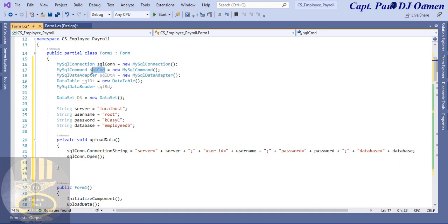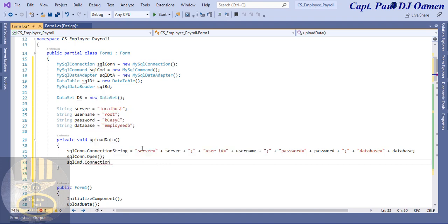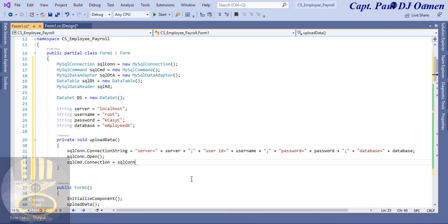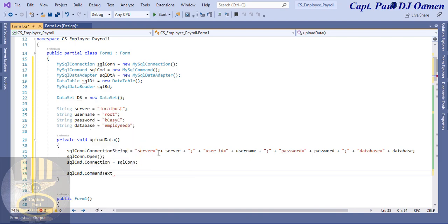Now that that is open, we want to assign the SQL Connect straight into the command here, this very one. I'm going to grab that, paste that underneath here. So SQL Command dot connection equals SQL there. Now let's grab SQL command again so that we can take care of our SQL statement here. SQL dot command text equals,